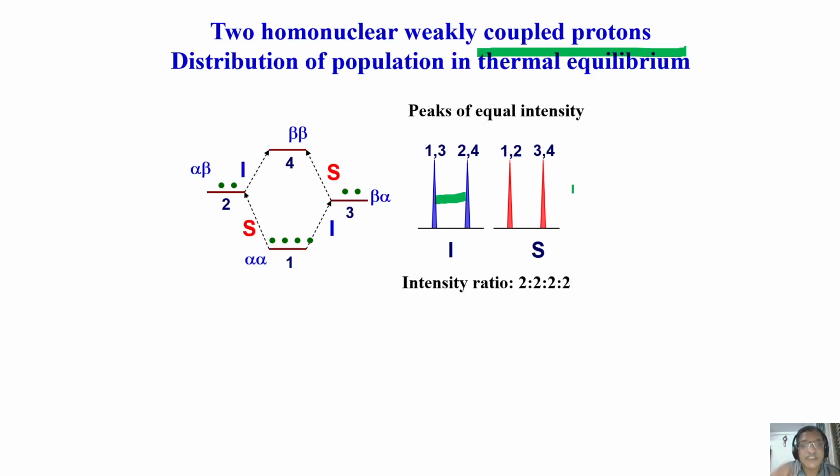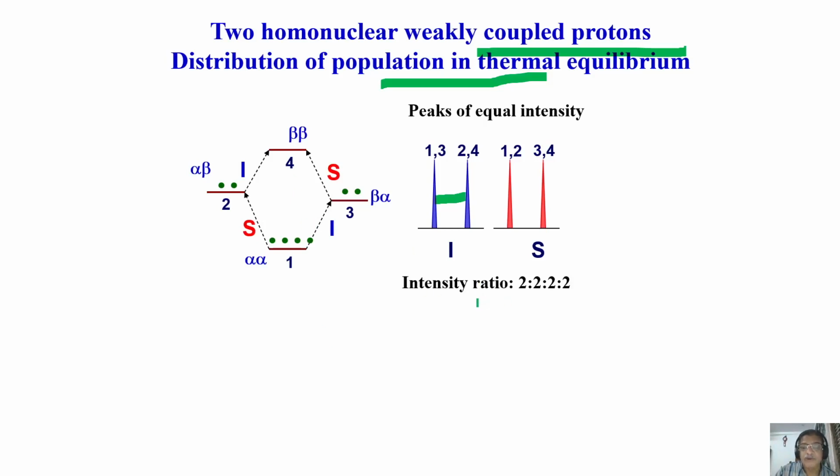This is called an AX spin system. An AX spin system gives 2 lines for each spin, of equal intensity. Now we will understand this based on the population in thermal equilibrium. Let us have 4 energy levels. You all know they are alpha alpha, alpha beta, beta alpha, beta beta, 4 energy states. I'll now put spins in each energy state